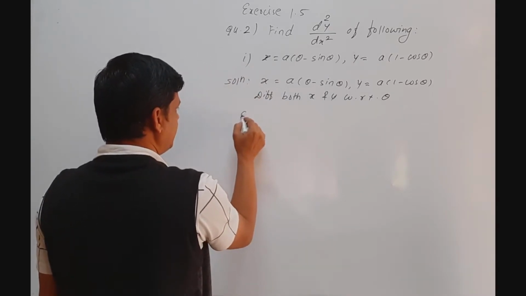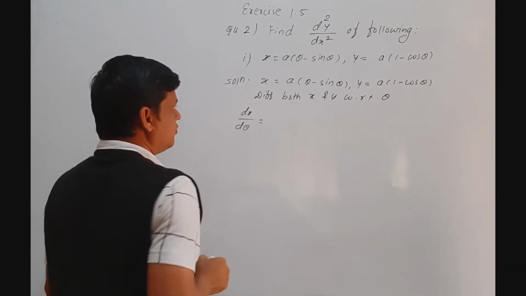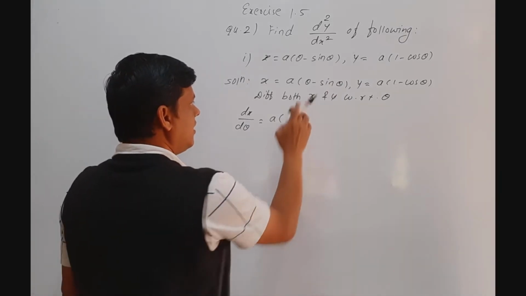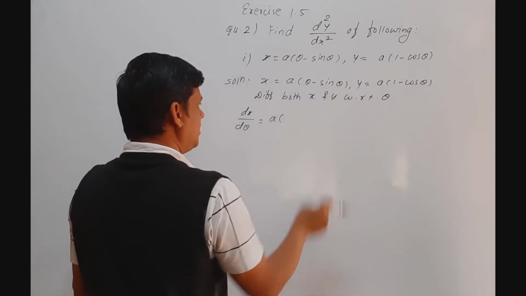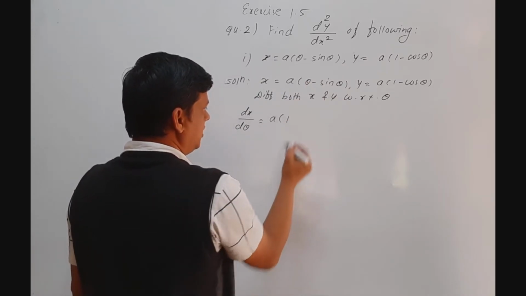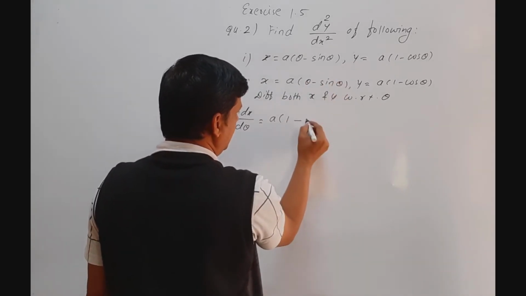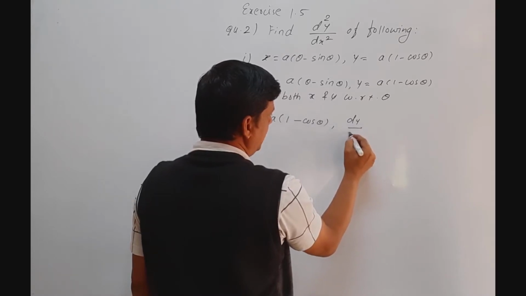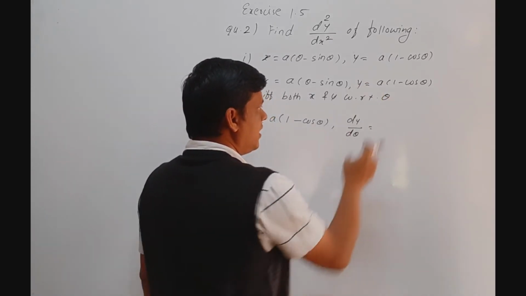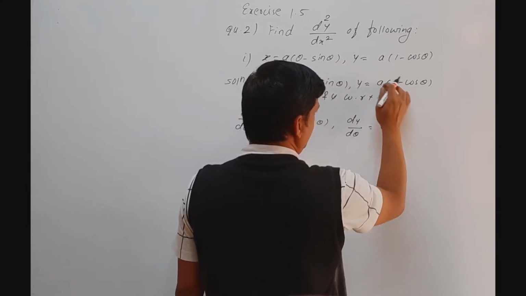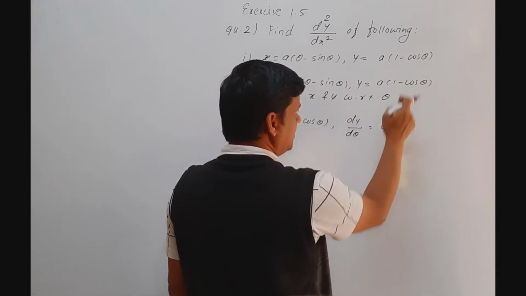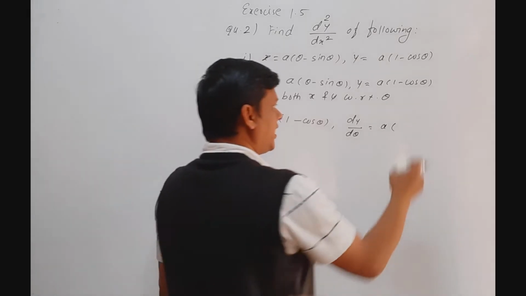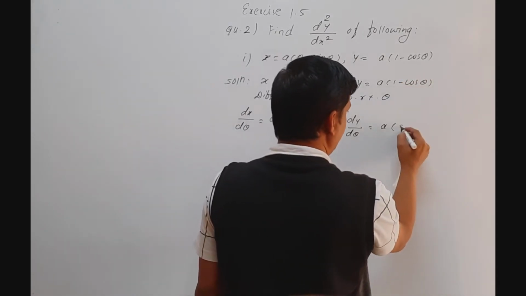So for the derivative of x with respect to theta, we write dx by d theta is equal to a, which is constant, so we keep a as it is. Find the derivative of the first term minus the derivative of the second term. So the derivative of theta with respect to theta is 1 minus the derivative of sin theta, which is cos theta. Now we find the derivative of y with respect to theta. So write dy by d theta as a times the derivative of y. Here a is constant, which is with 1 minus cos theta, so keep a as it is. The derivative of 1 is 0. The derivative of cos theta is minus sin theta. So we write here 0 plus sin theta, that is sin theta.